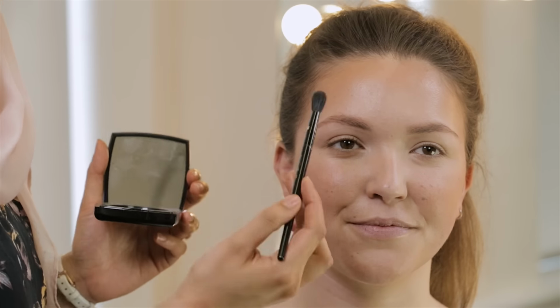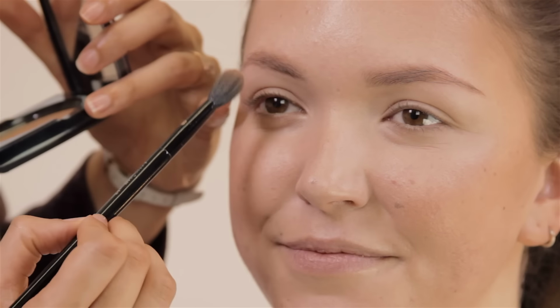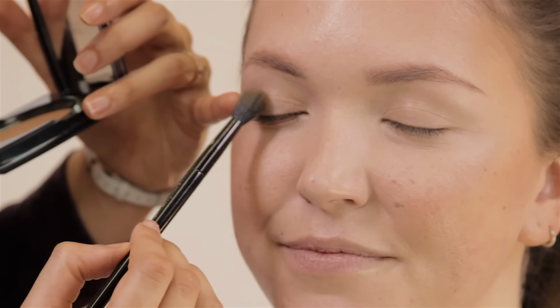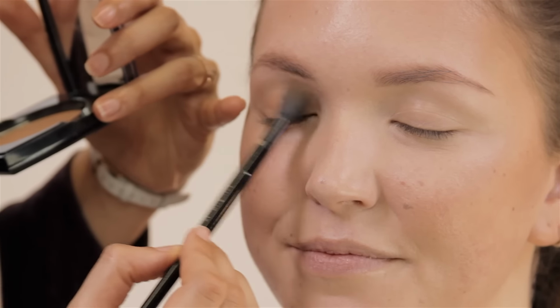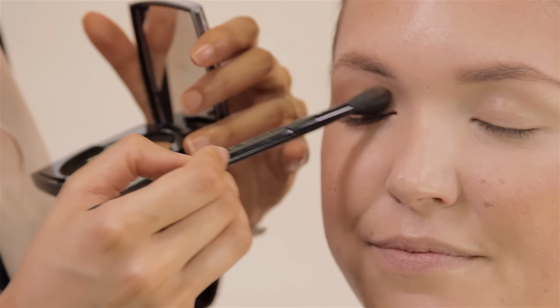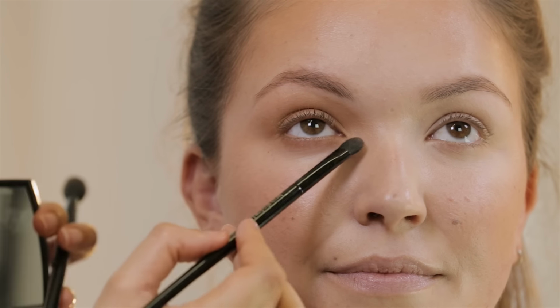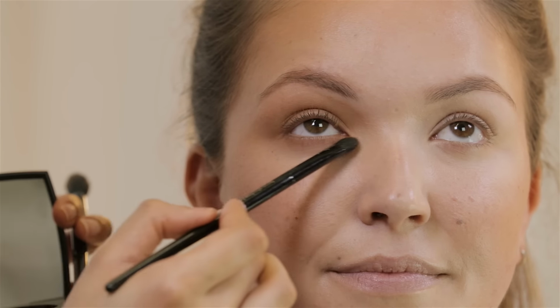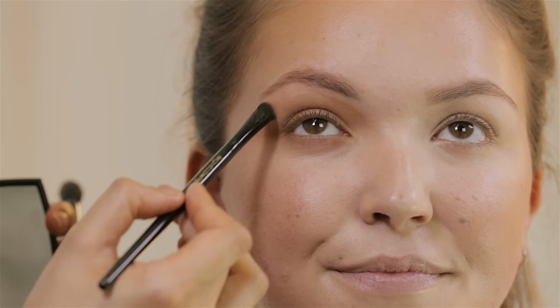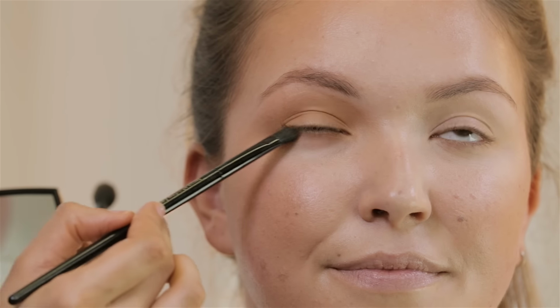So next we are going to do the beautiful contoured eye. So I'm going to use the same powder that we've used on the cheeks, which is the bronzing contour powder. So I'm using a fluffy brush and I'm just going to very lightly wash that across the eyes. Again, rather than having a bold line, I'm really just blending that out. So the line underneath is just meeting up on the corner here. And rather than just going round, I've elongated the shape of the eye makeup, so it's a lot more flattering